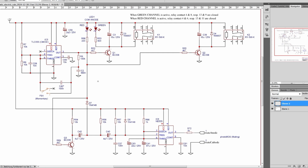The idea of the operation is the fact that mechanical relays are switching much slower than the semiconductor, in this case a photomos. Therefore, the photomos mutes the signal before and while switching the relays and preventing this way from popping noise. Let's take a look at IC5. This must be a CMOS version. IC5 is for channel switching. IC6 on the other hand is for muting the signal while switching the channels and is triggered by the output